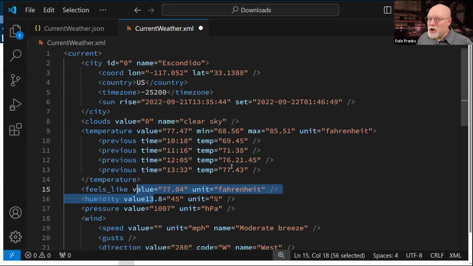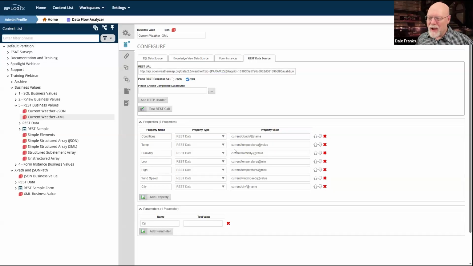It doesn't just mean that you can go into your business value where it currently said current/clouds at name, and go star current dot clouds. I don't need the attribute. So dot name. There we go. That'll just grab my data. That'll be an easy fix.